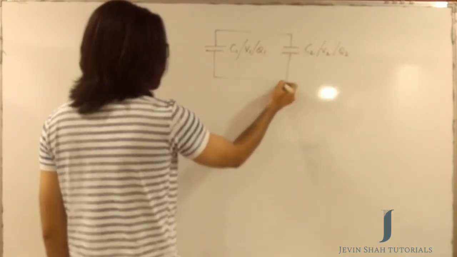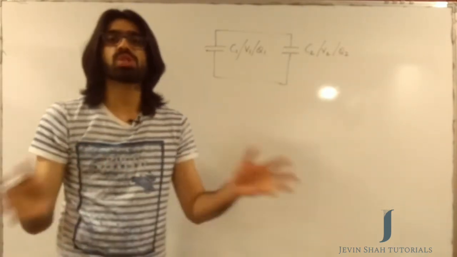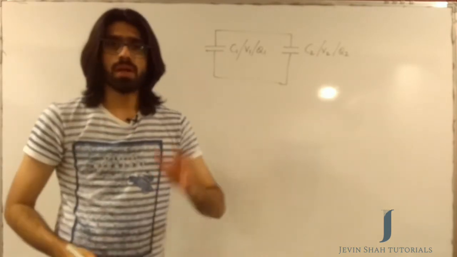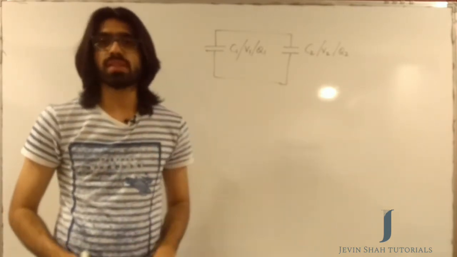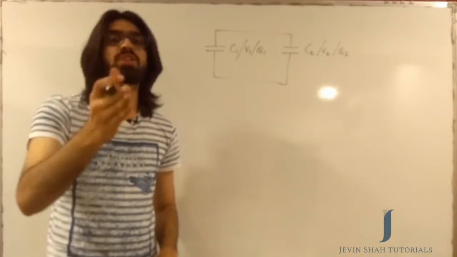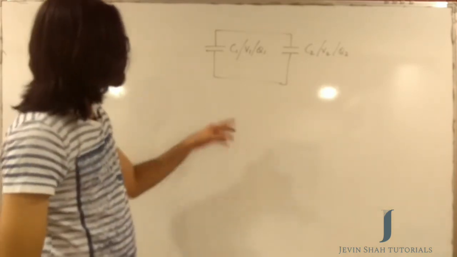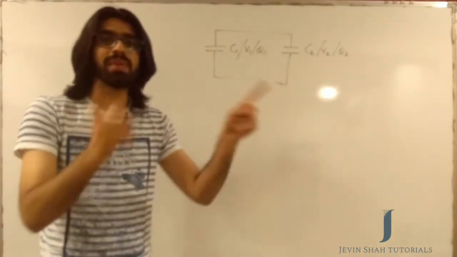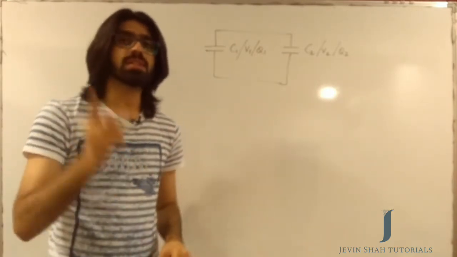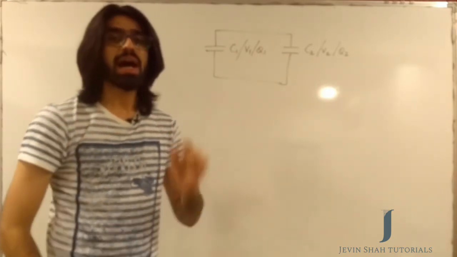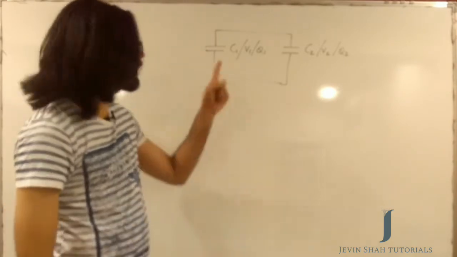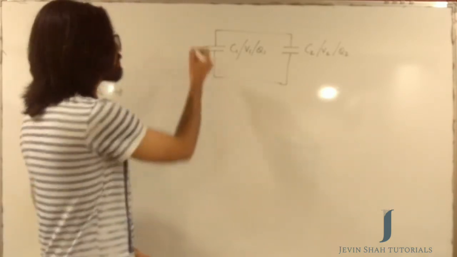If I connect two capacitors, or whenever you are connecting two charged bodies with each other, the charges will continue to flow between them till both of them achieve the same potential. So even over here, the charges will continue to keep getting exchanged till both the capacitors reach the same potential. I want to know what is the common potential that the capacitors are going to achieve.